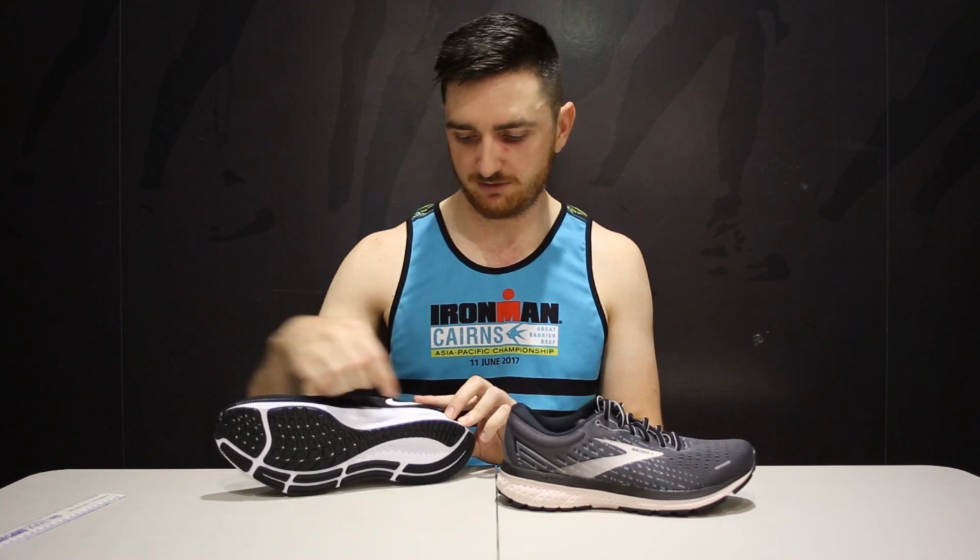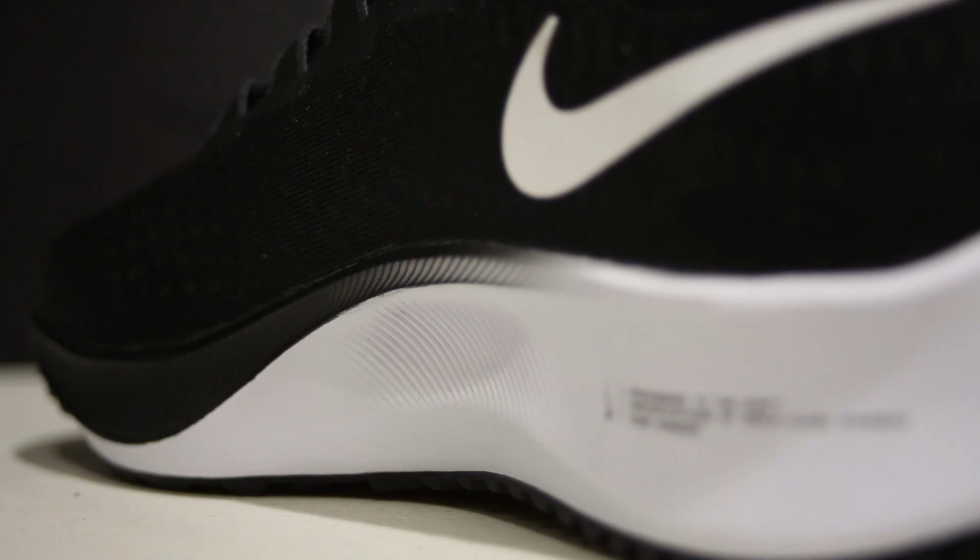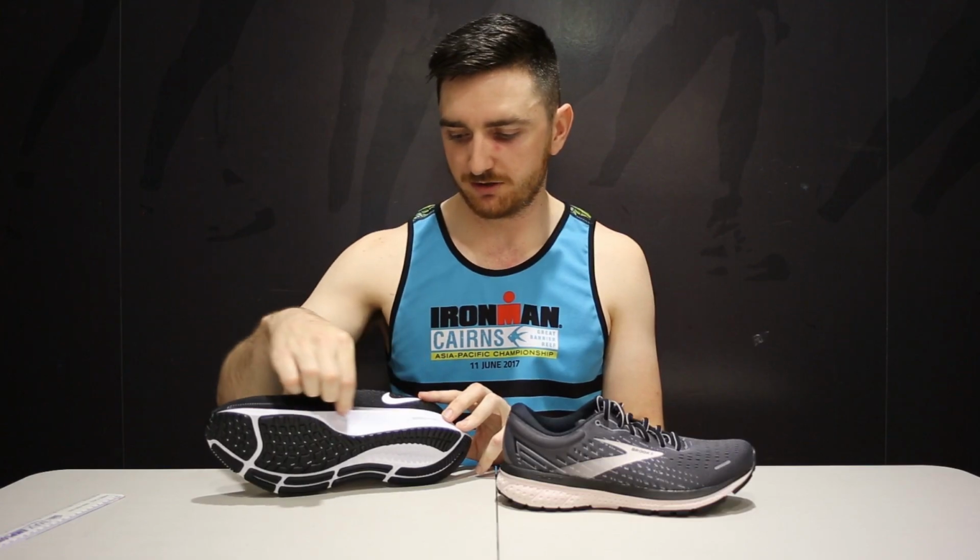Going back to the Pegasus 37 midsole for a second, with this I have kind of done a bucket seat. So with the medial side, your foot kind of sits slightly a bit lower in that, so if you do have a lower arch, it probably won't work for this. So your foot sits a bit lower in the shoe. The shoe kind of actually feels like it has an arch, so it's kind of one of those only shoes